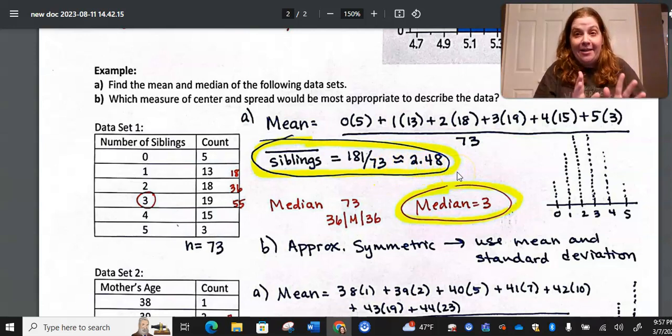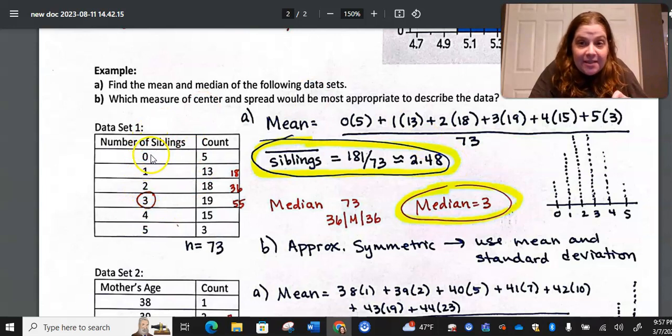And I should always stop and ask myself, does this make any sense at all? So if the number of siblings is something between 0 and 5, would it make sense to have an average of 2.48? Is that possible? Yeah. If I end up with something like the average is 9, that doesn't make any sense because it's outside that range of possibilities. Now, in order to find the median, what we would want to do is imagine all